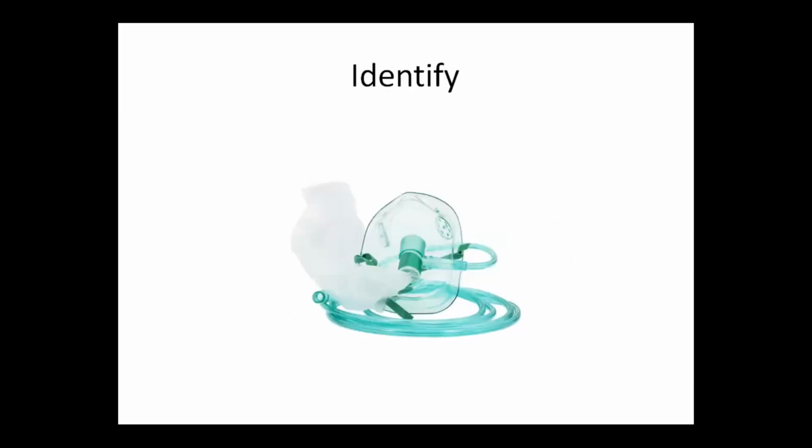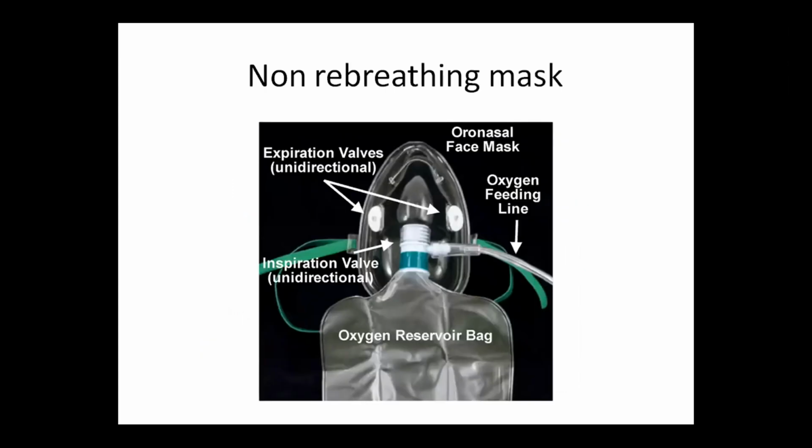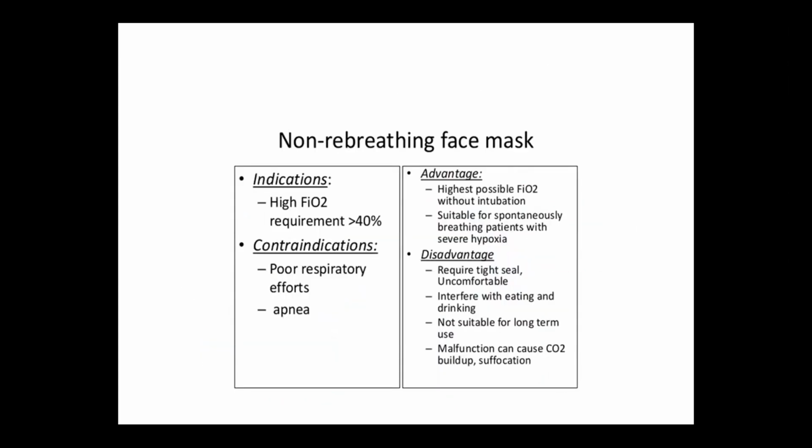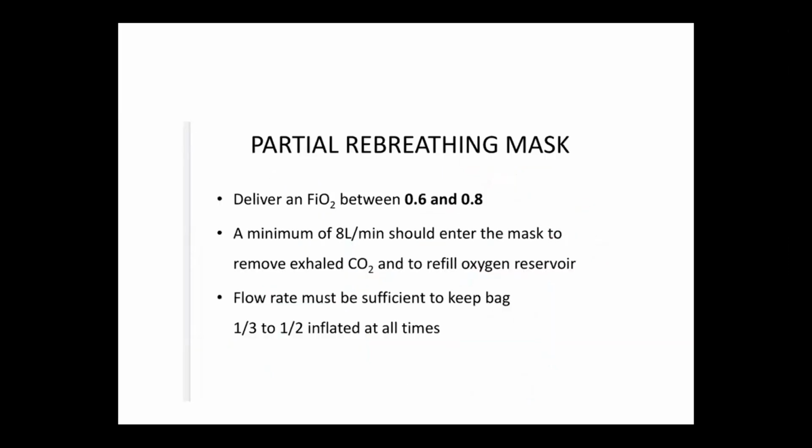Now this is a partial rebreathing mask. How does it differ? If you can make out, there are no flaps on the expiration valves. This is the difference. Because of this, when the patient inspires, oxygen is delivered to the patient, but when the patient expires, the air goes outside, air is also entrained, plus there's a mixing of inspired and expired gases. So it leads to partial rebreathing. It's still a very useful mask, though not much used in clinical practice, but it can be lying there on the table, and you should know the basic difference between the partial rebreathing and the non-rebreather mask.